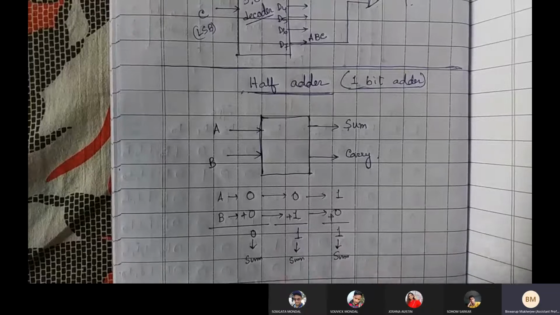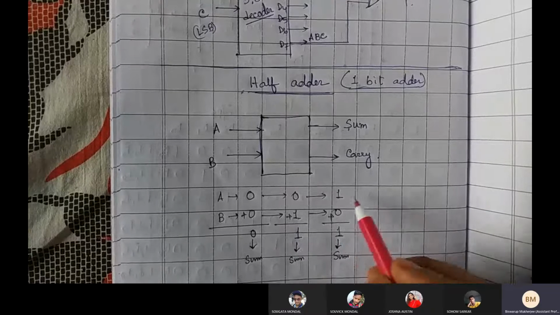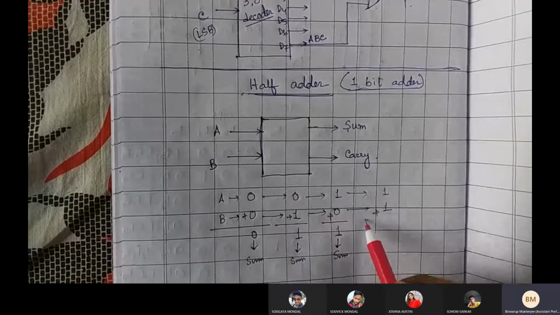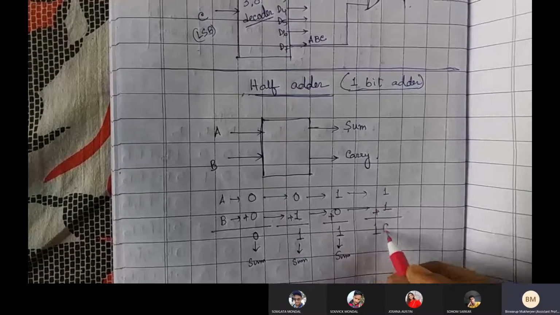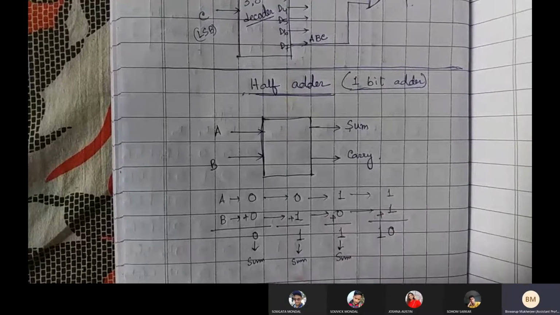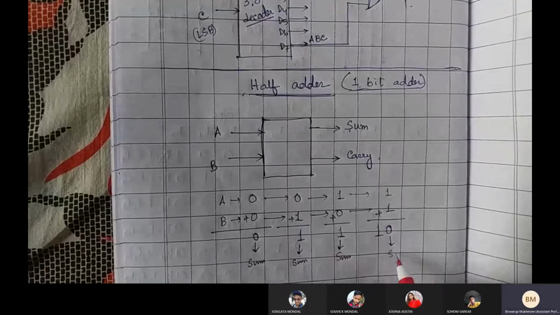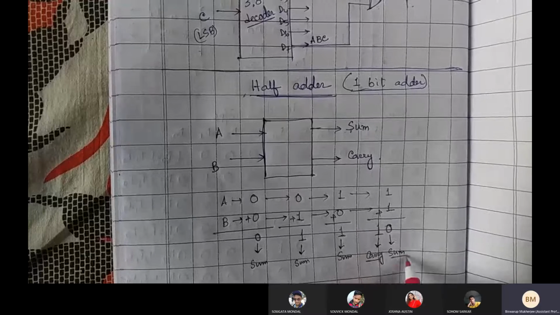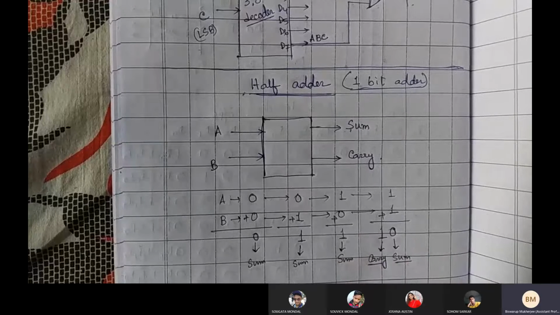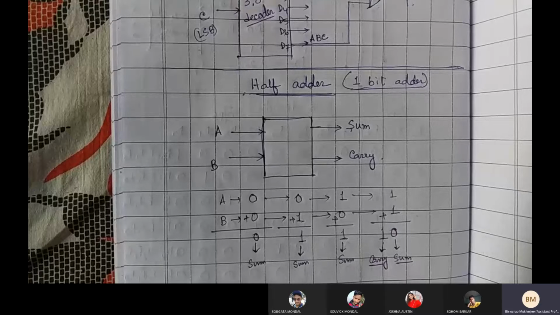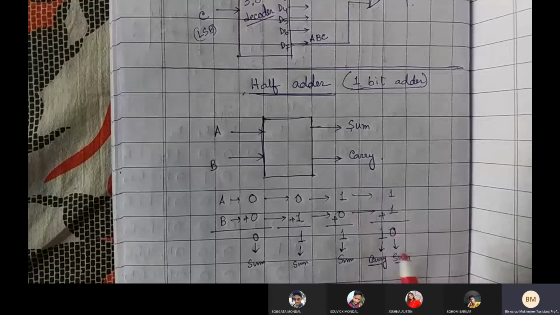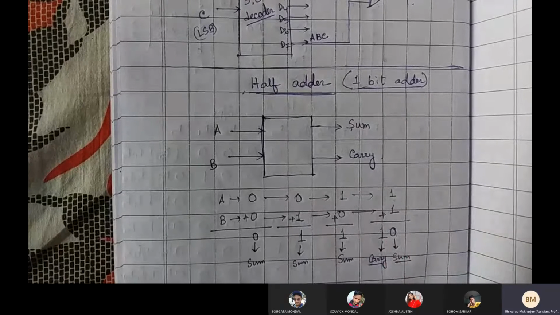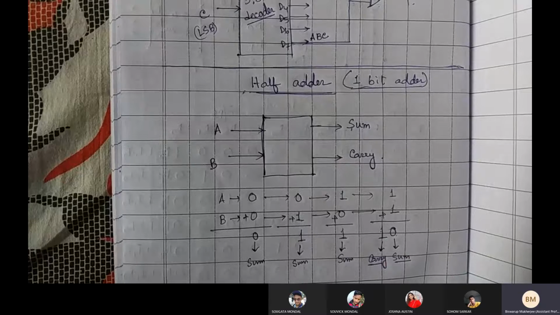Only sum, one output that can be treated as sum output. But if both are 1 and 1, if you add these two, the result is 1, 0. A 2-bit result will be there, where 0 is called sum output, 1 is called carry output, right? We know this one. Sum output and carry output. Normally when we add, the number that comes at the bottom is being treated as sum, and if there is any carry over we say that one is a carry.